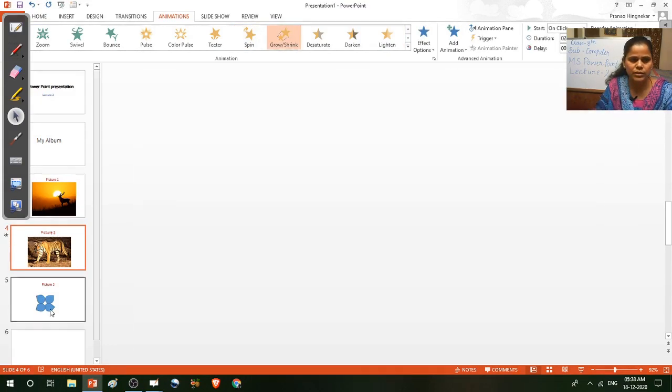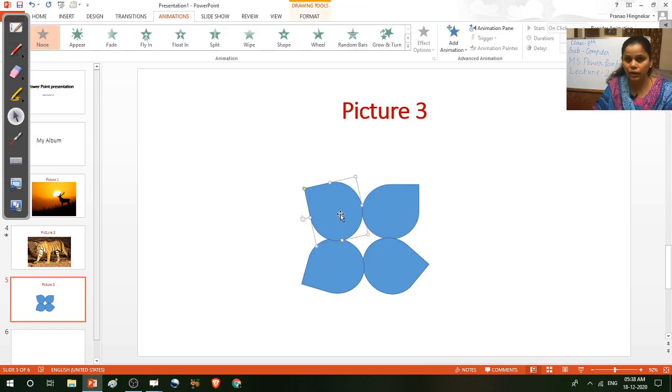Then select the next picture. If you want to select multiple objects, then click on any one object, then press the control key on your keyboard, then select the other objects.